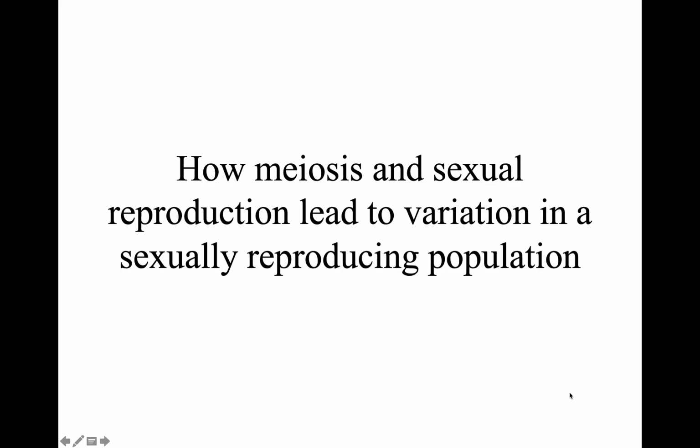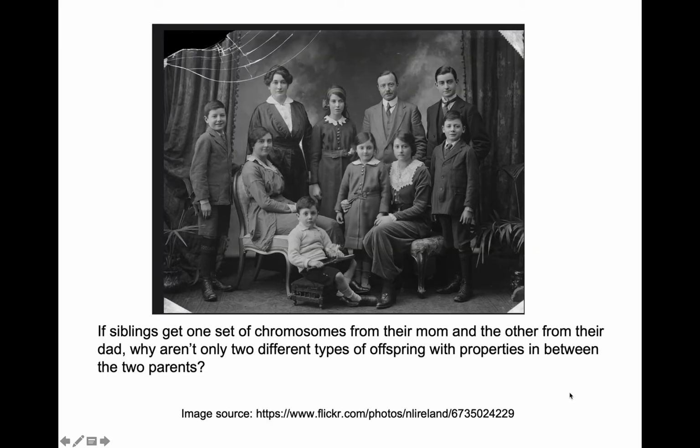So we're going to talk about the three different ways in which meiosis and sexual reproduction leads to so much variation in sexually reproducing organisms. So here it is. This is a family. There are, let's see, 1, 2, 3, 4, 5, 6, 7 children,